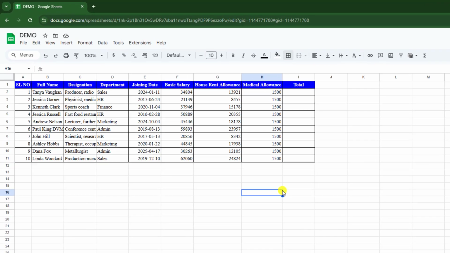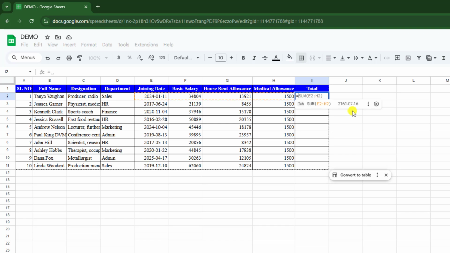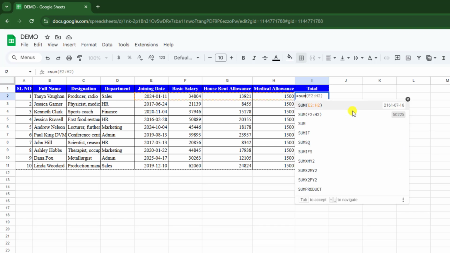In this video, you are going to see how to use the sum function in Google Sheets. Here I have a data set, and in this cell I want the summation of basic salary, house rent and the medical allowance. Click on this cell and input the equal sign and type the function sum, S-U-M, sum, and